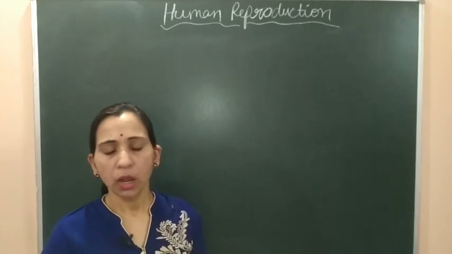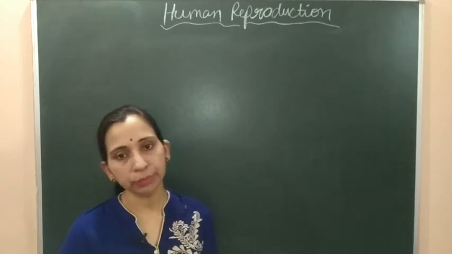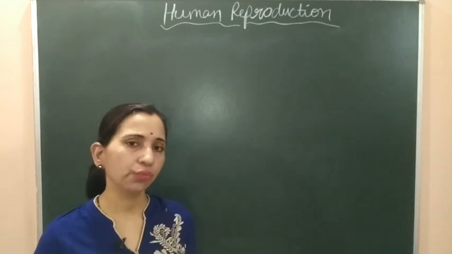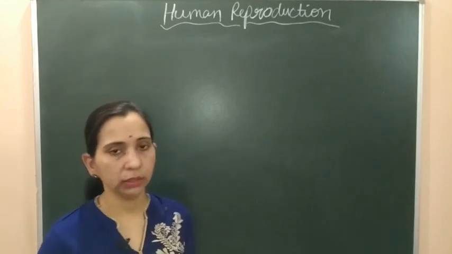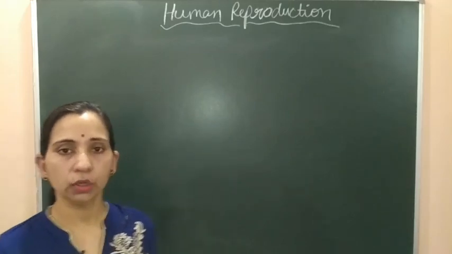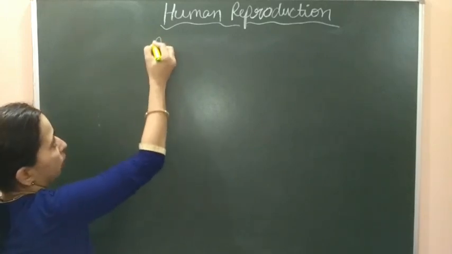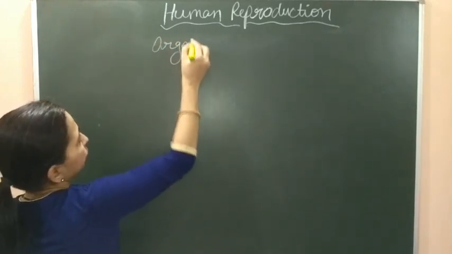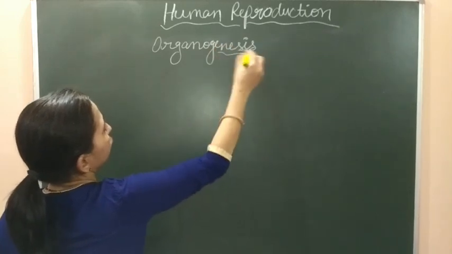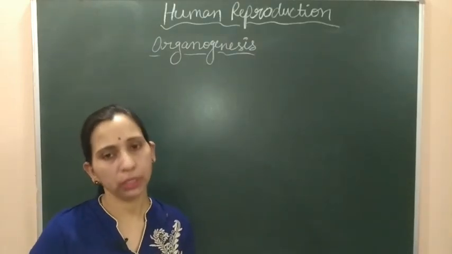Placenta will also form. After that, when the embryo starts developing inside the mother's womb, in the later part of the pregnancy it starts forming its different organ systems, and this process of formation of different organ systems is known as organogenesis. तो आज हम बात कर रहे हैं इसी organogenesis के बारे में. In the NCERT this topic is given, and in your syllabus it just means a basic idea about organogenesis.